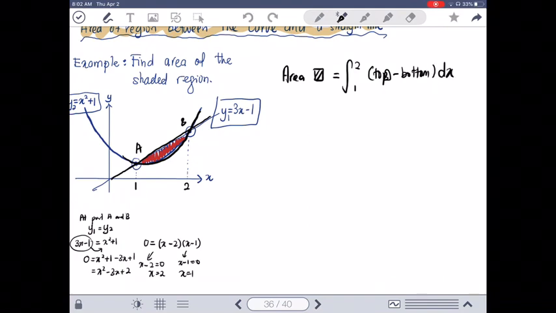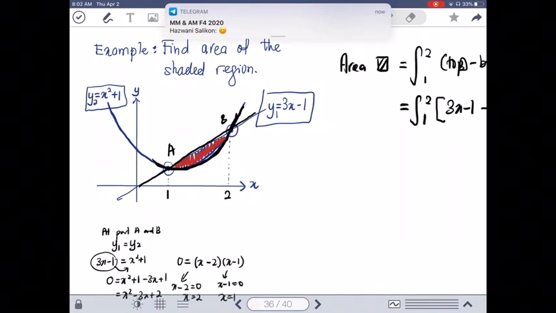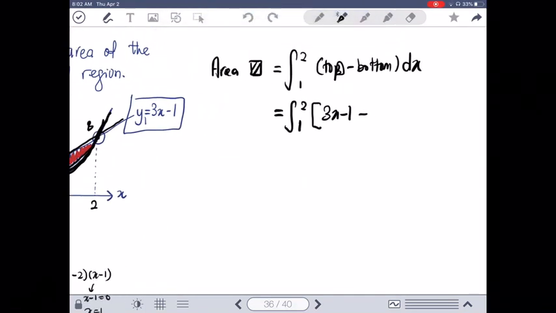Why with respect to x? Because the boundaries lie on the x-axis. So the integration from 1 to 2 of the top equation, 3x minus 1, minus the bottom function, x squared plus 1,